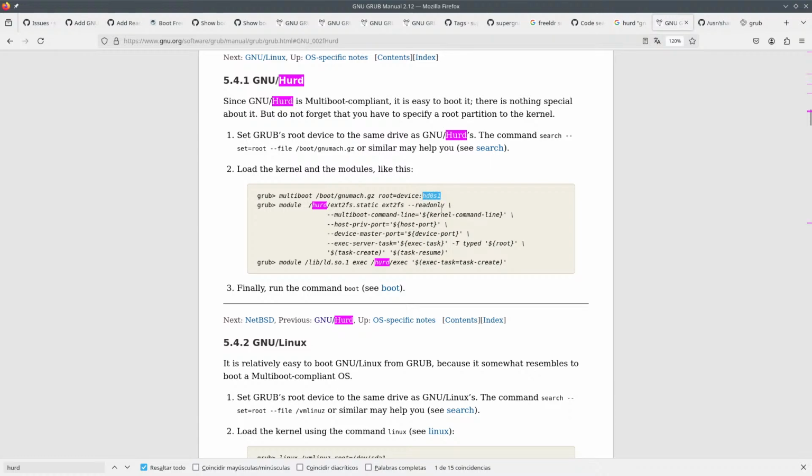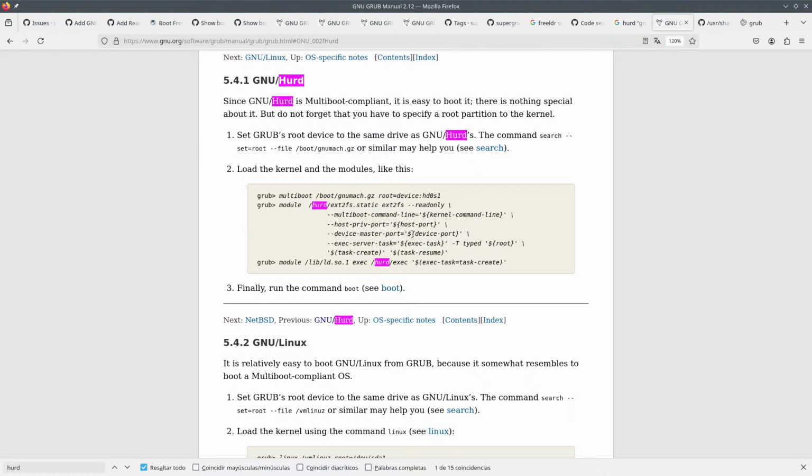So this will need to be converted. We will need a function that translates regular GRUB devices to Hurd devices. So I guess that it's first hard disk and then partition number 1 or something like that.